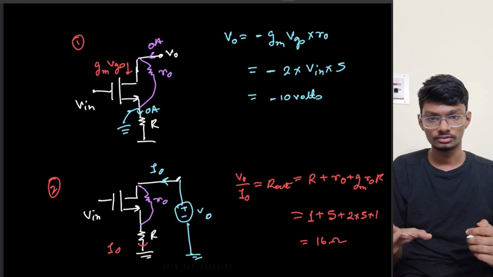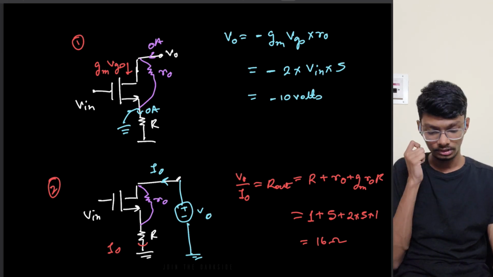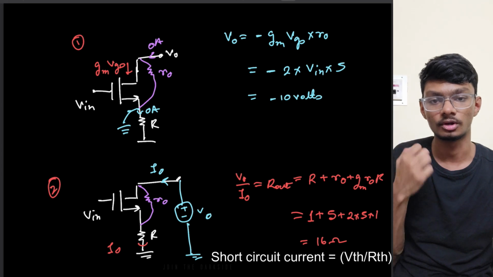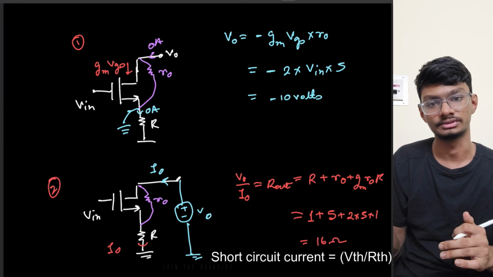So you can solve it like this also, but one thing you have to obviously remember is the formula. If you remember the formula for the output resistance of a common source amplifier with source degeneration, then you will be able to solve this. Else you have to derive the formula for the output resistance.